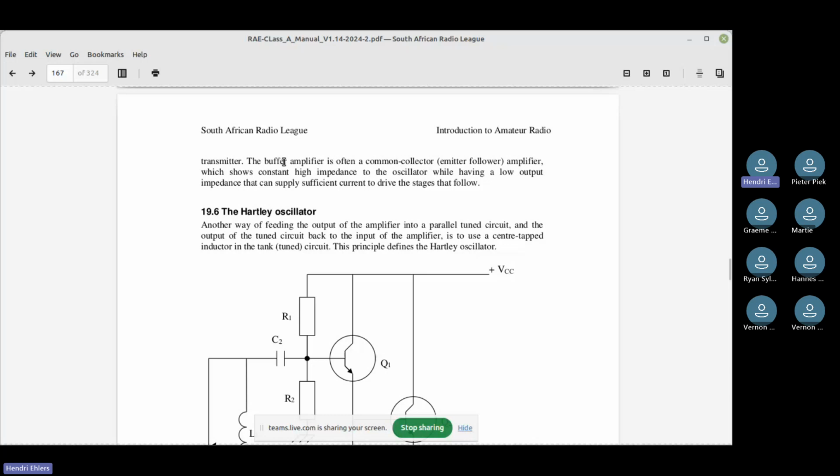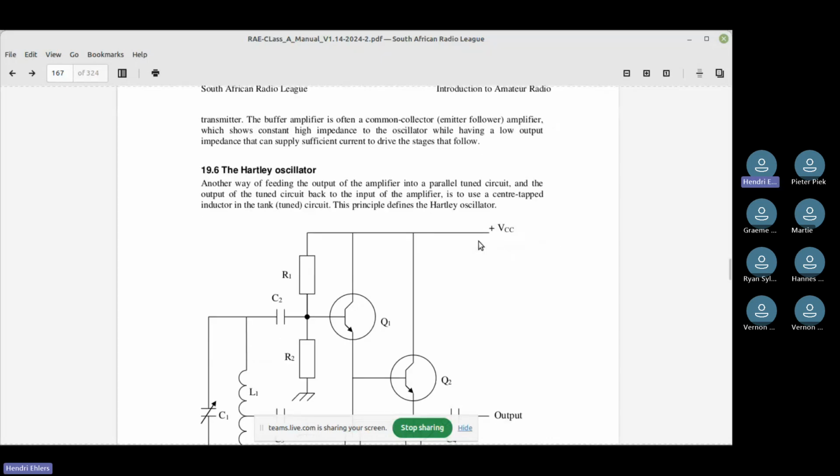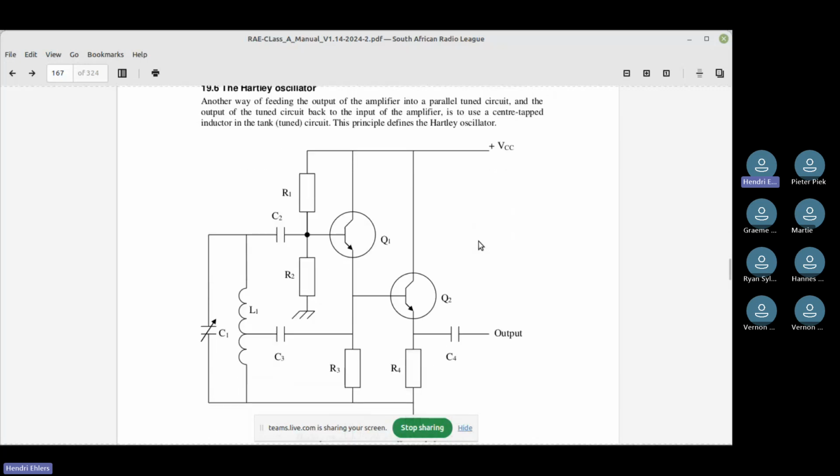Here's one they do. The buffer amplifier is often a common collector emitter follower amplifier, with constant high impedance to the oscillator side while having a low output impedance that can supply sufficient current to drive the stages that follow.